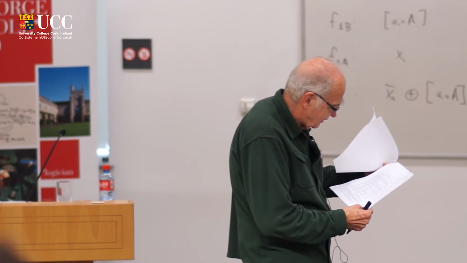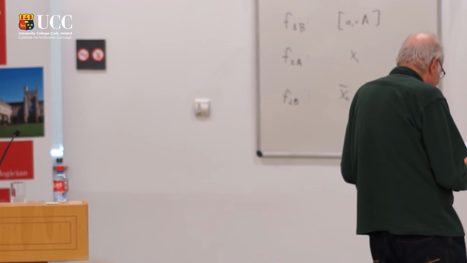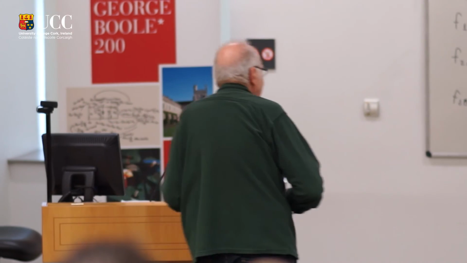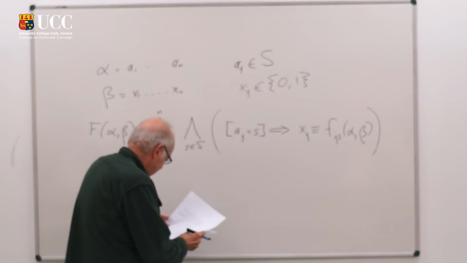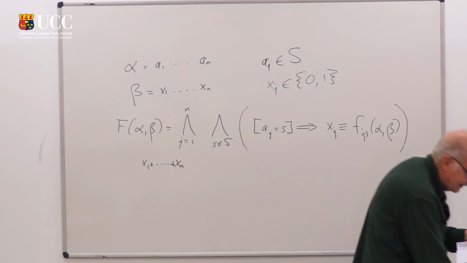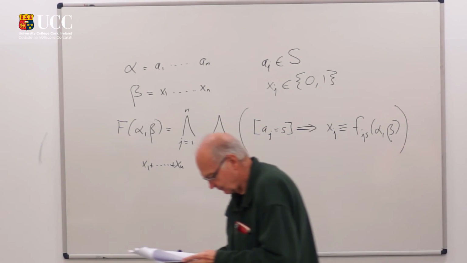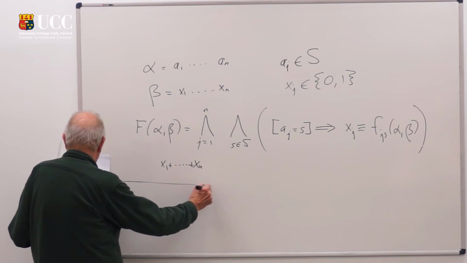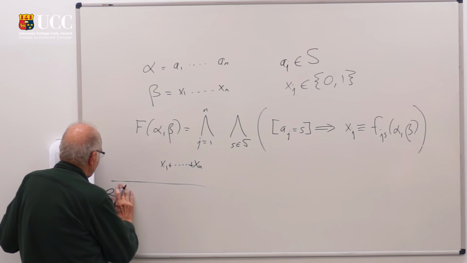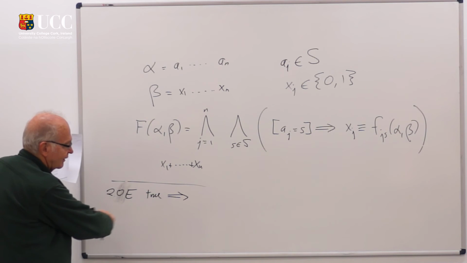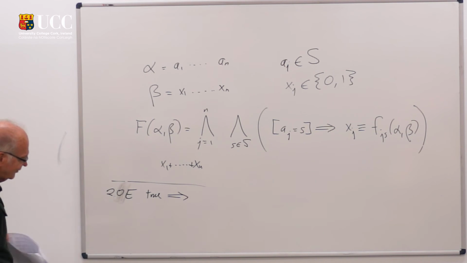Remember question 20A said the maximum score is 18. Okay, so now I've got to make a little argument here. I don't think I have it on your handout, but there's a crucial point here that says if 20E is true, which says the only way to get a perfect score, the only way to get the maximum score, is by getting question 20 wrong,